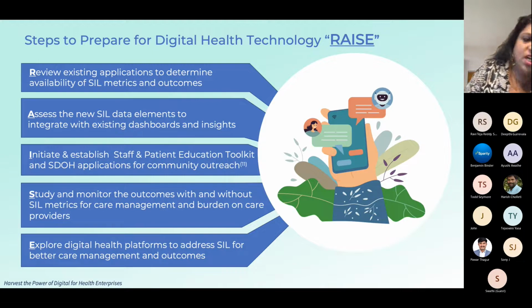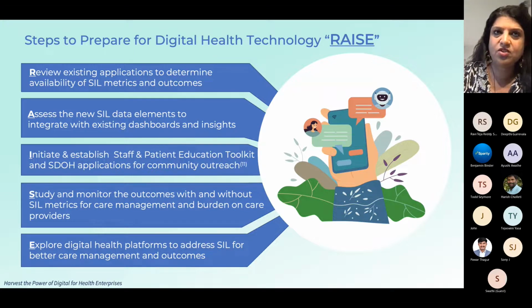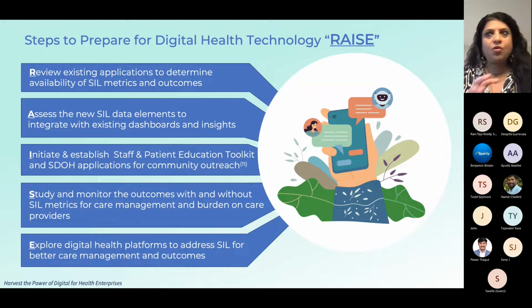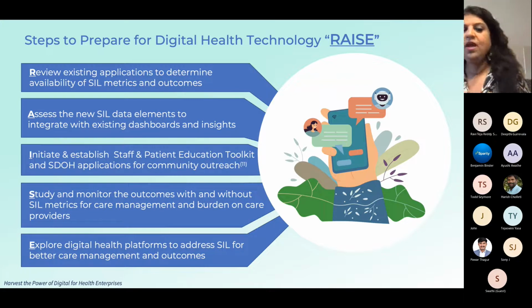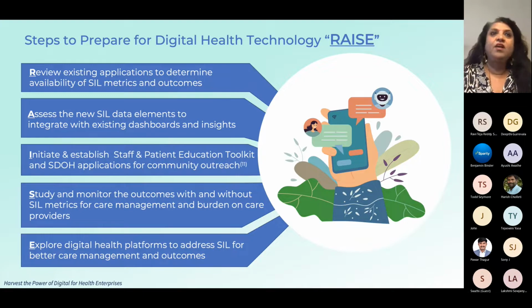The third thing is to initiate and establish what kind of patient education toolkit you have handy. How do you share that with patients today? Is it manual? Are you printing it out? Are you able to give it to them digitally? And how are your staff? Are they trained? Are they well equipped? Do they know how to improve efficiencies? What do they need to do? Are you adding more steps for them? Are you reducing the steps and making it easier for them? How are you enabling them to really enjoy their work?